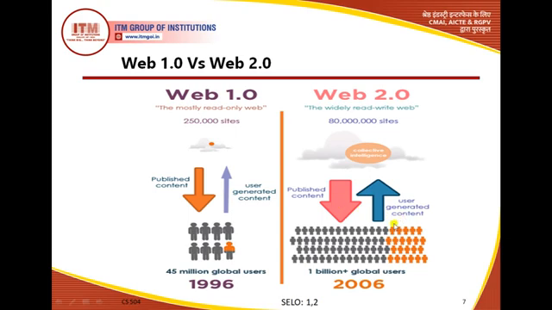So many emails, so many Google Doc sheets, so many spreadsheets, and so much data started being transferred from one server to another. This published content also rose considerably as compared to 1996, but at the same time the user-generated content also rose to a considerable degree. So this was the scenario in 2006 with Web 2.0.